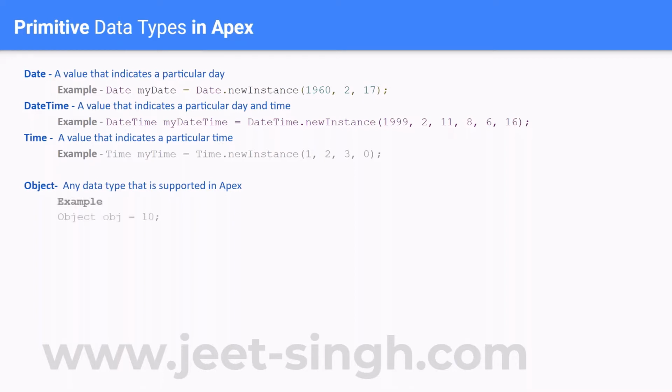How do we do it? Let's look at an example. You define Object obj equals 10, and then from this you can get the value into an Integer i, and it retrieves the value from this particular data type. Got it? You could have actually retrieved this value to a string also. So this supports any possible data type, or any supported primitive data types in Apex. This is just an assert statement to check whether these two values are equal or not.